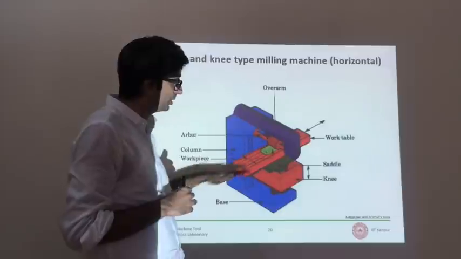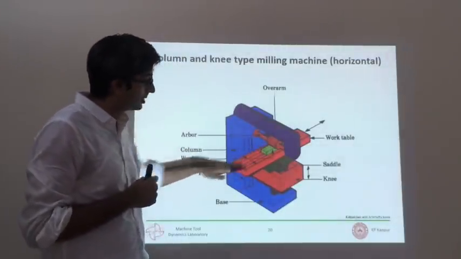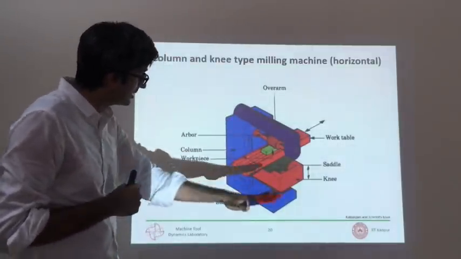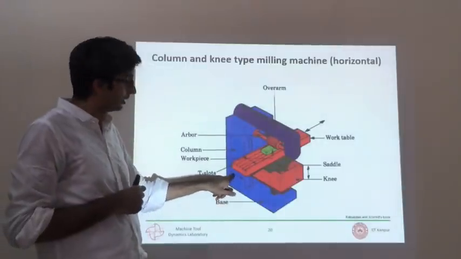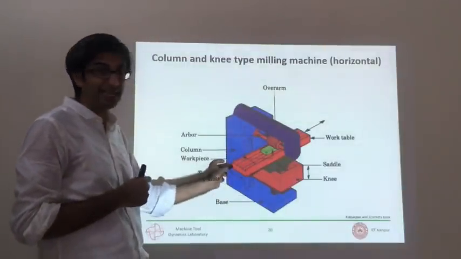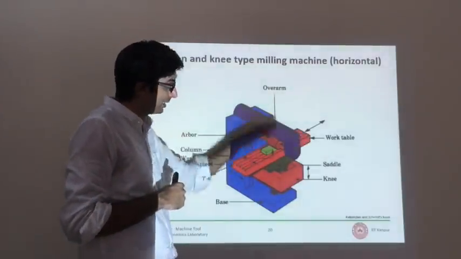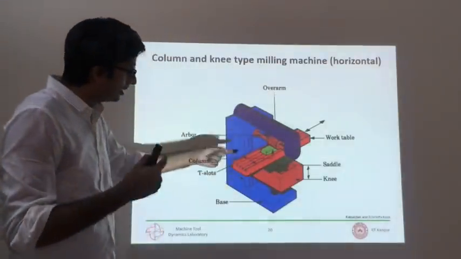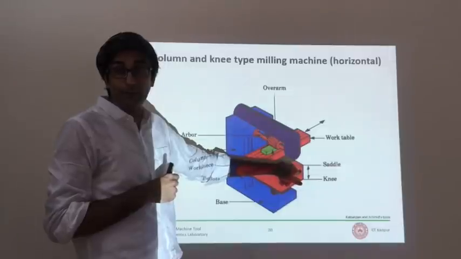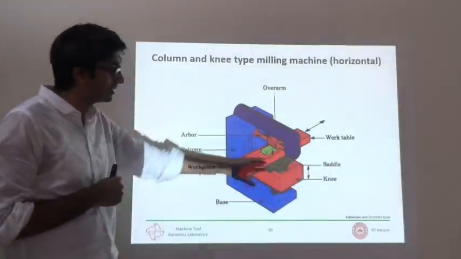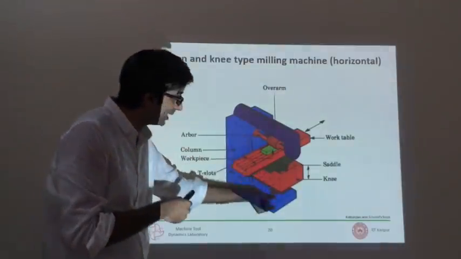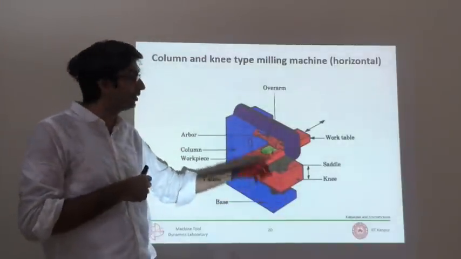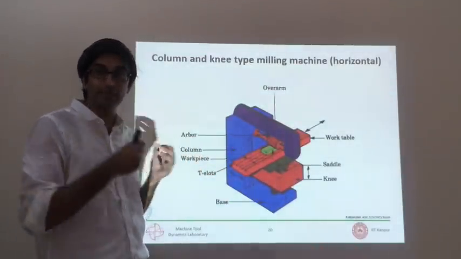There is an x-axis motion, if you use the right hand rule, there is a y-axis motion which is up and down, and then there is the z-axis which is moving in and out, which is this. This motion here of the table moving in and out is z, cross is x, and up and down is y. In the turning machine you had a cross slide, here you have a saddle. The saddle can move in plane and this knee can also move up and down, and that is how this workpiece can be brought closer or moved away from the fixed tool which is rotating in between some centers.